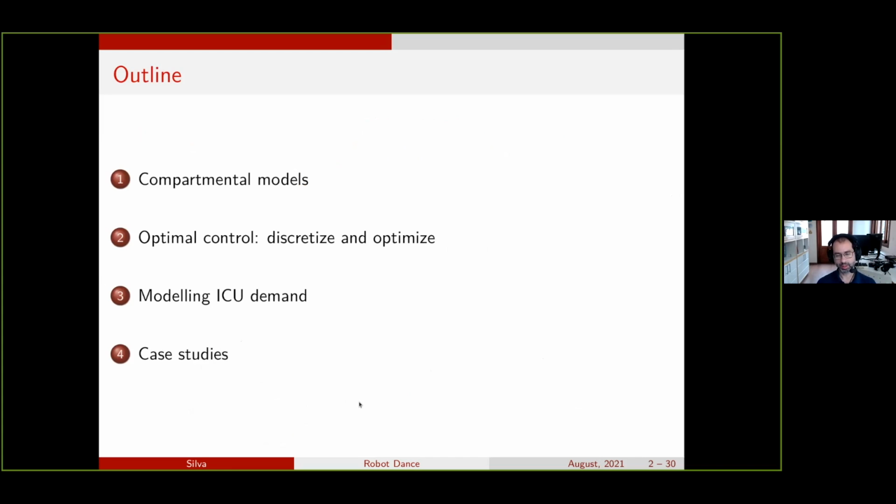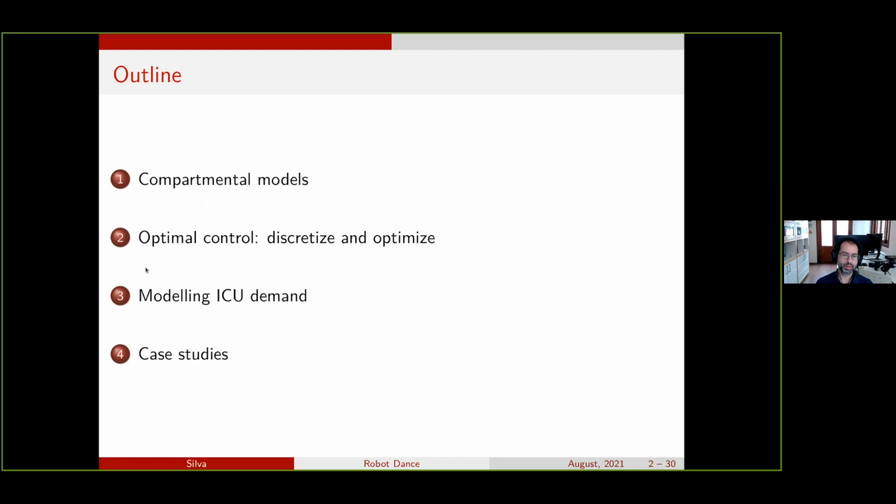To talk about the subject, I need to introduce the idea of compartmental models. I think this is something that people are already starting to get to know well, so maybe I should not waste too much time on that, even though the talk is thought in some way that I should use some time to explain that. And then I will show that starting from the compartmental model, once you define which are your state variables and your control variables, you can actually write a control problem that you can use to decide on how to intervene to control the COVID-19 outbreak or any outbreak actually.